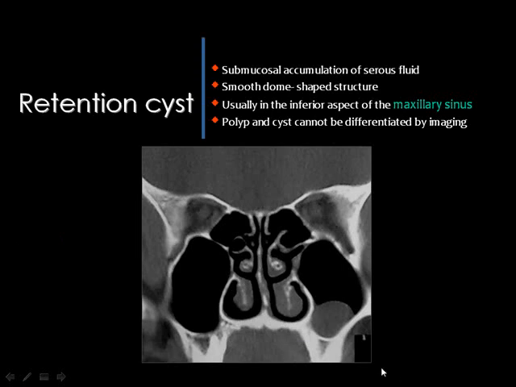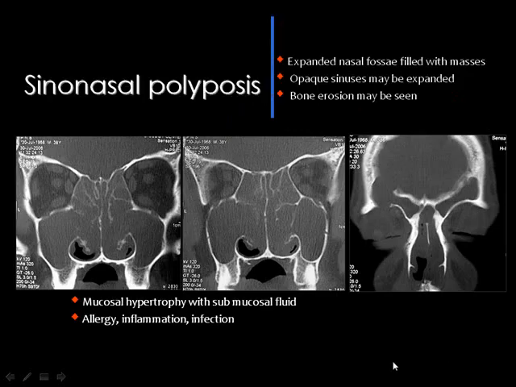Then retention cysts usually result from accumulation of fluids in the submucosa lining the paranasal sinuses, and you can see this characteristic one. These retention cysts are more common than polyps in the maxillary sinuses. And if we have this appearance in the paranasal sinuses, it's well known to all of you,